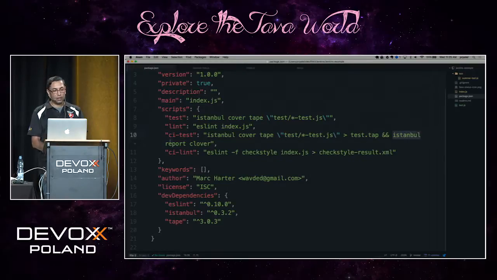And Istanbul report Clover. So what this second step does is that it says, take the results that were produced and output them in a Clover-style output file. Similarly, for